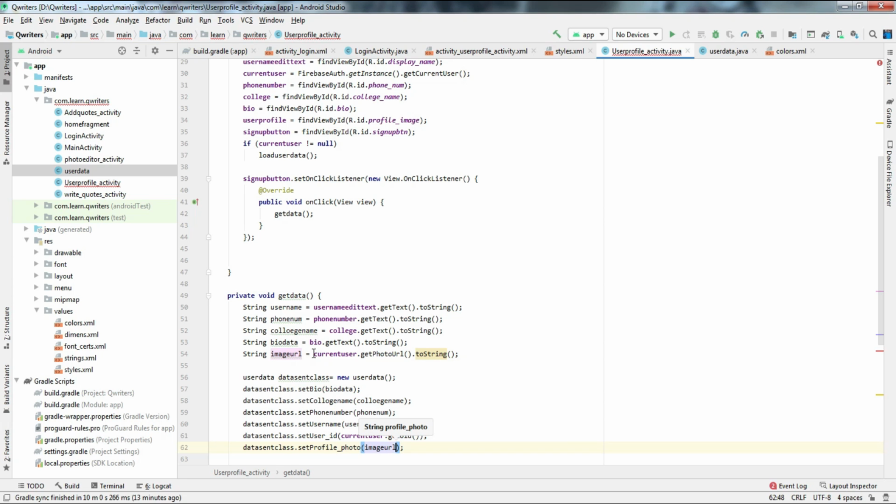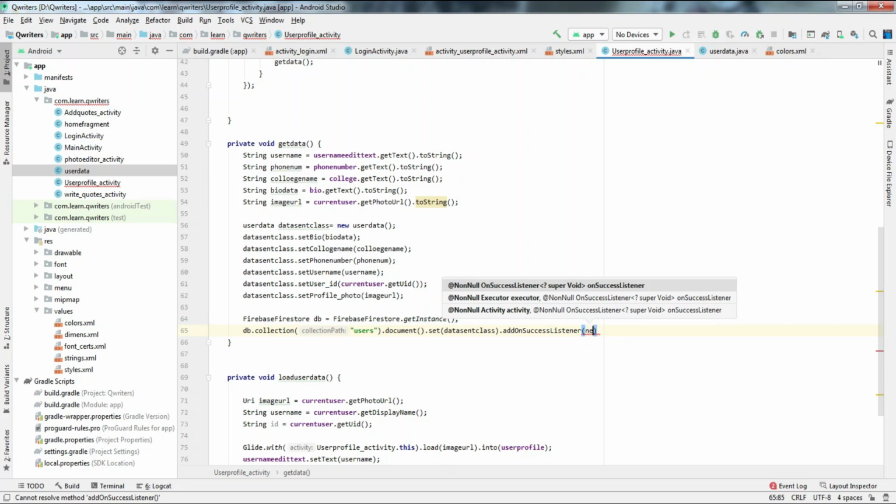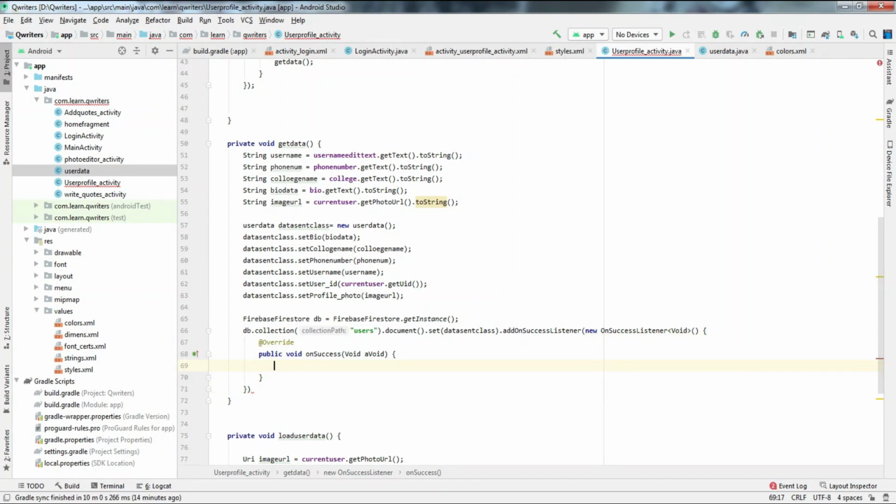Now we have got all the data in this class, and to save the data to the database, pass this class name here in the set. So dataSendClass and dot addOnSuccessListener. Click addOnSuccessListener, new OnSuccessListener. Here you can show a toast that data has been saved successfully.